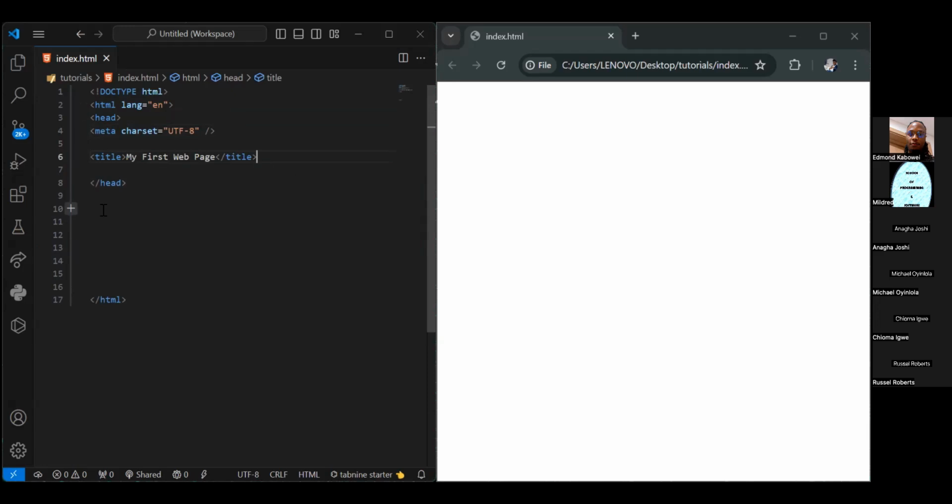The title, and we can as well have links to a style sheet or a script if we're using JavaScript, or we want to. I'm also going to look at that for CSS, for using an external style sheet. So we